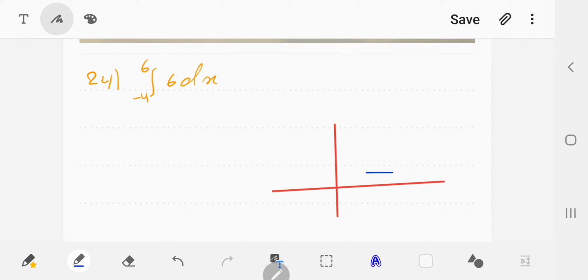What do we have? This is our function. So I'm talking about f of x equals 6 or y equals 6, and this is a horizontal line passing by 6 from -4